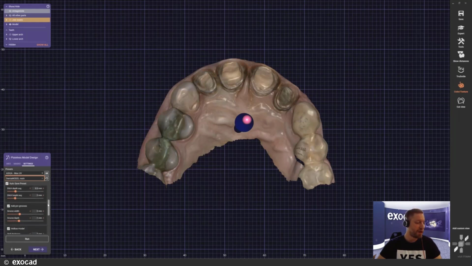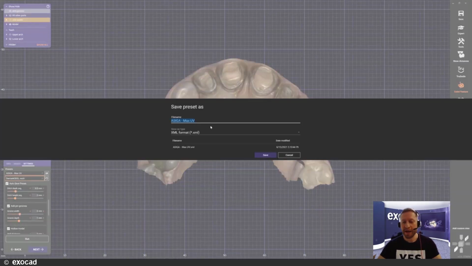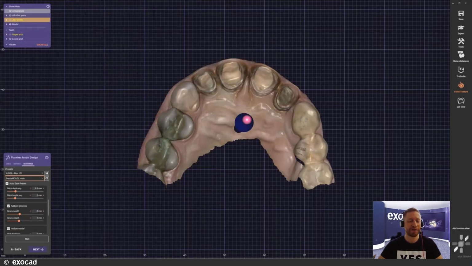If you individualized one of those settings, for example, for the ASIGA printer, then you can individualize all the parameters if you want to, that's fine. And if you want to keep them for the future, just make a right click on the name and save the preset as. Here you can just enter any individual name that you want to. You can save the preset and use it further on every time again, and it will be there. Perfect. I'm not going to save it for this matter because I'm fine with it.